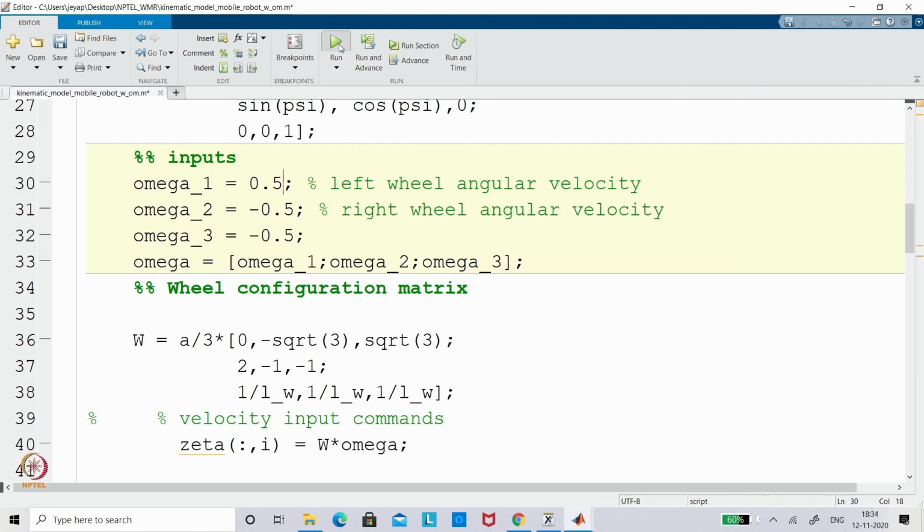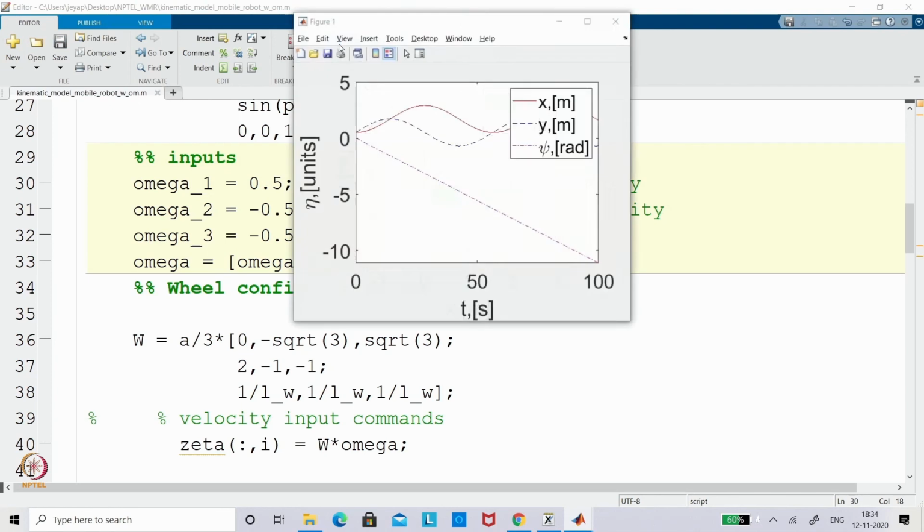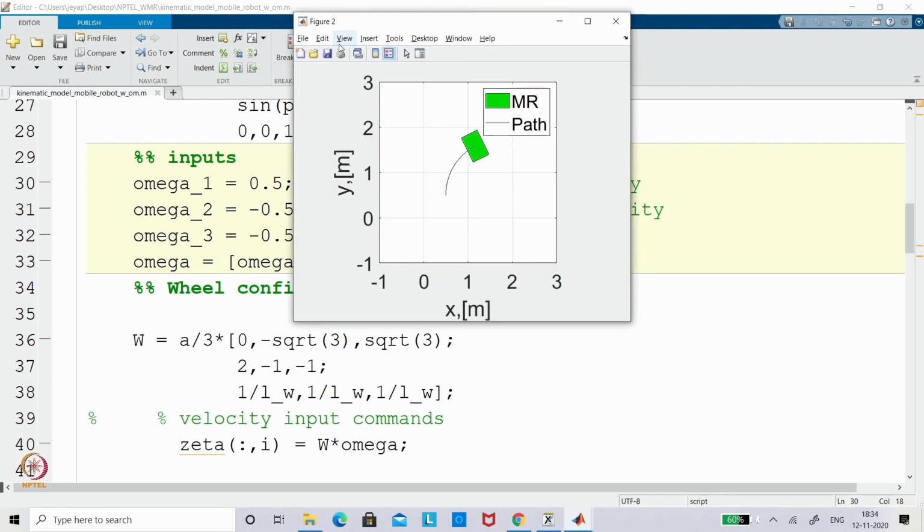Then what one can see, if I give something here also, you can see some action. You can feel it. I am just giving a random value, and you can see some rotation is happening. Why? You have to see the square root, that's why the wheel configuration matrix is required. You see, randomly we have tried, it is not working, right? So now you do it in a mathematical form.